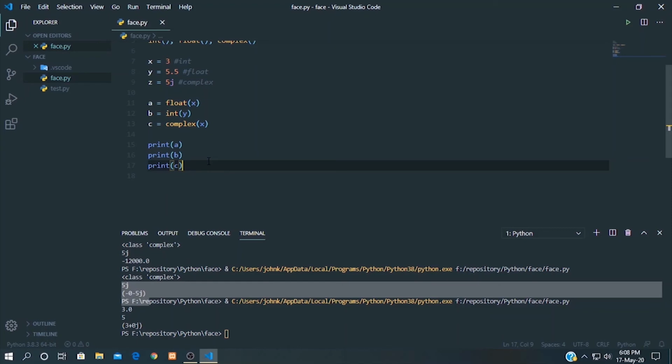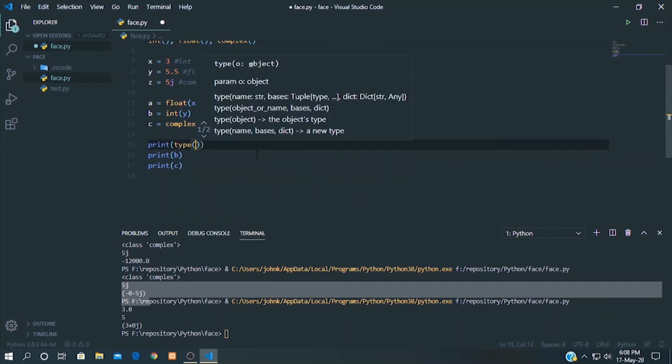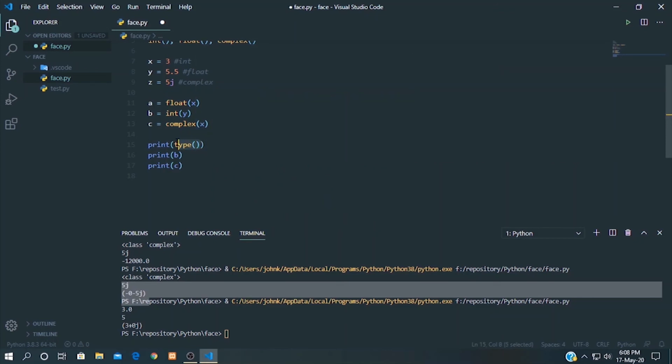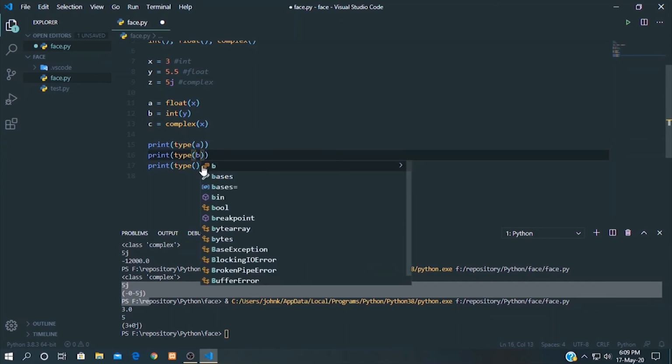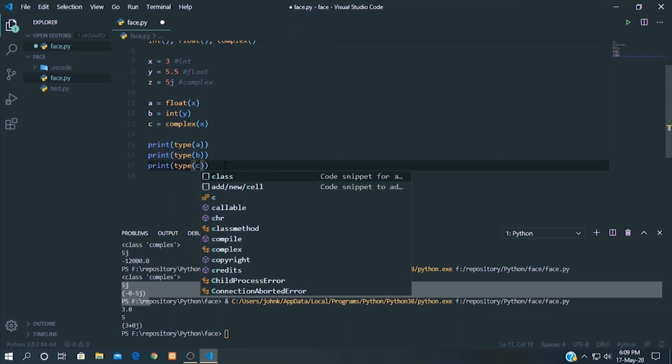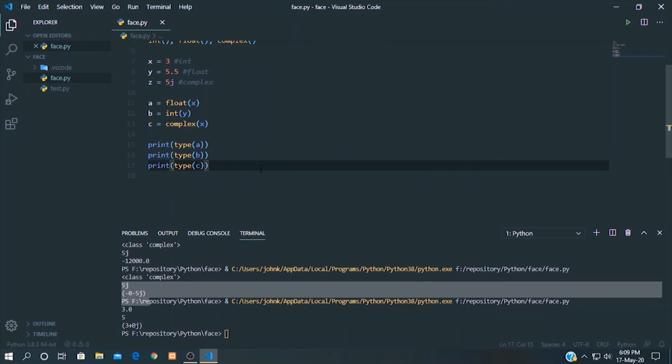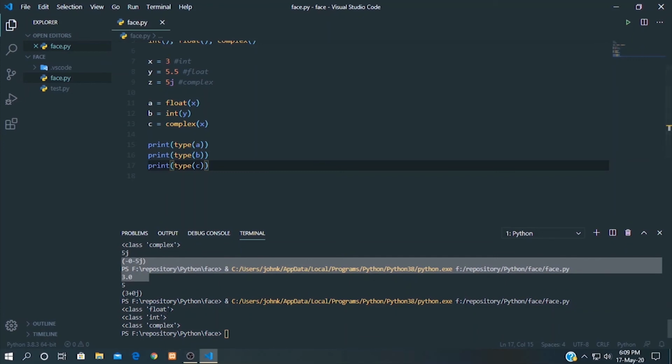Now let's check the types to see if everything is working as expected. Type a, b and c. A should be float. A float. B integer. C complex.